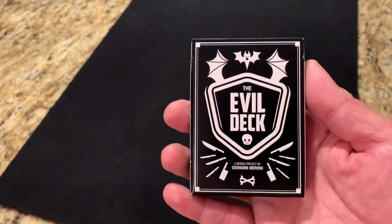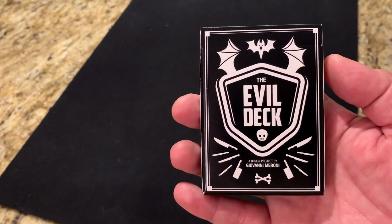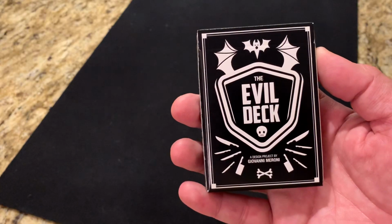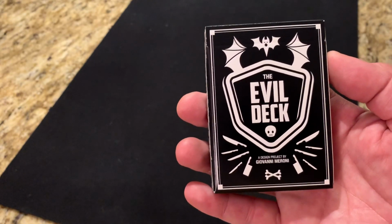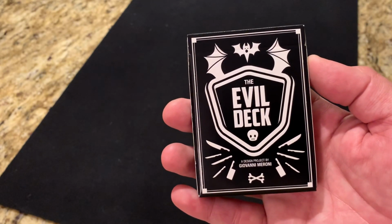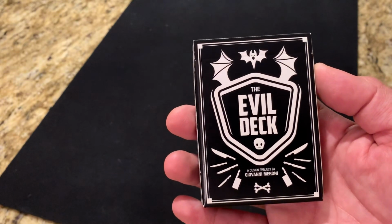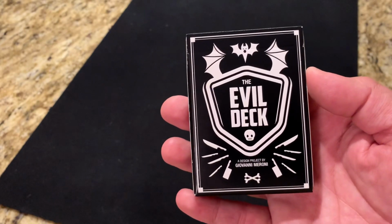So back in 2013, 2014, Giovanni entered a design contest on a playing card forum on the Discourse, and he won with this design. As a prize, Expert Playing Card Company made the deck a reality, and at that time, Giovanni got 432 decks, which, as you can imagine, have long since sold out. That said, if you want to get your hand on one of these, there's a few different ways